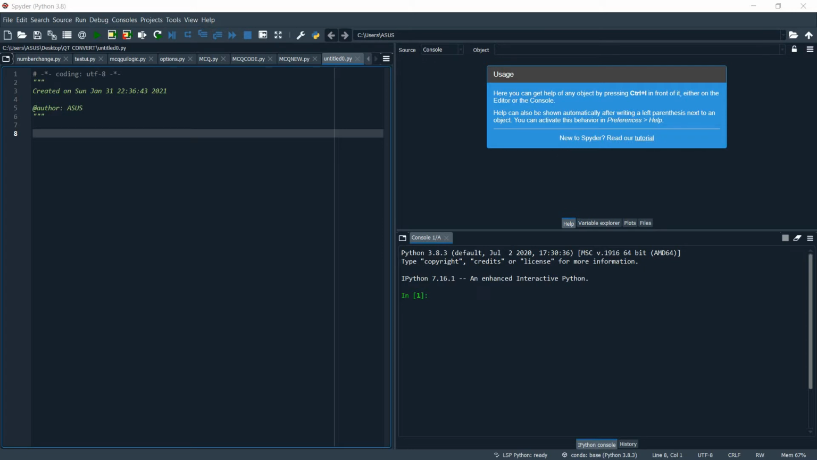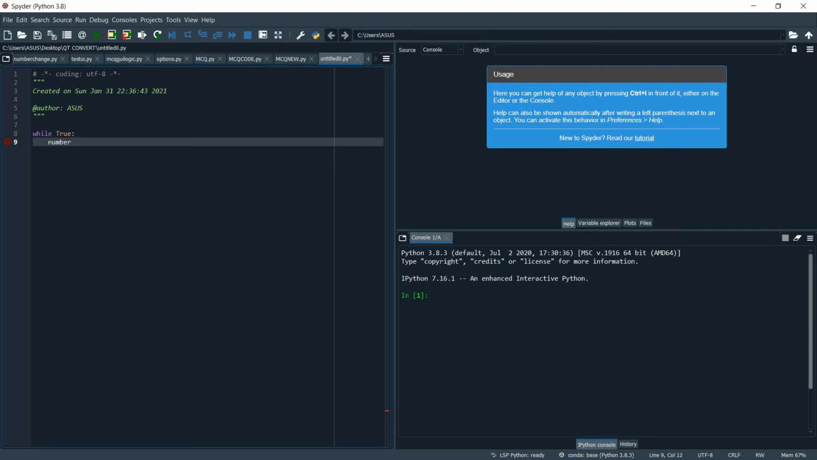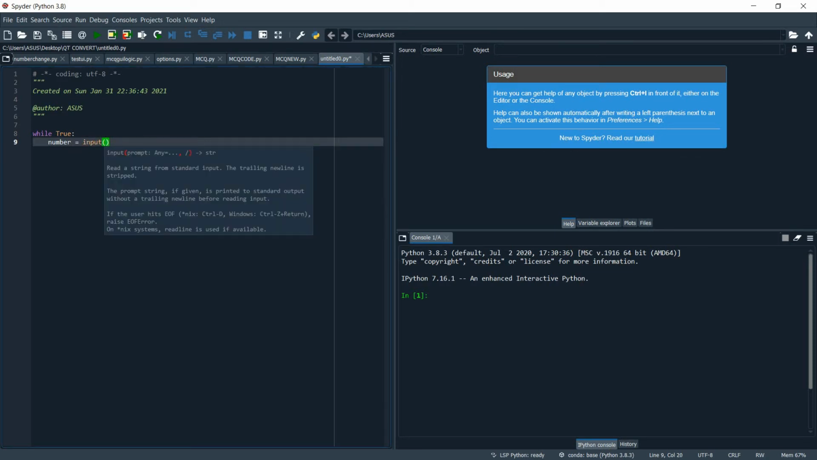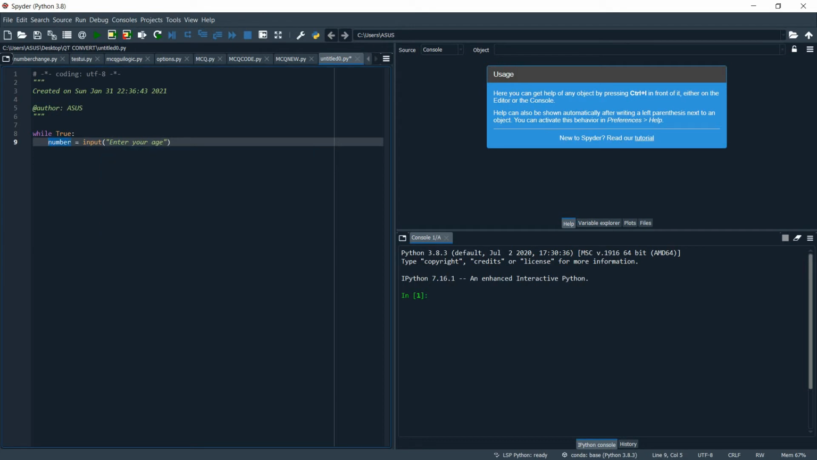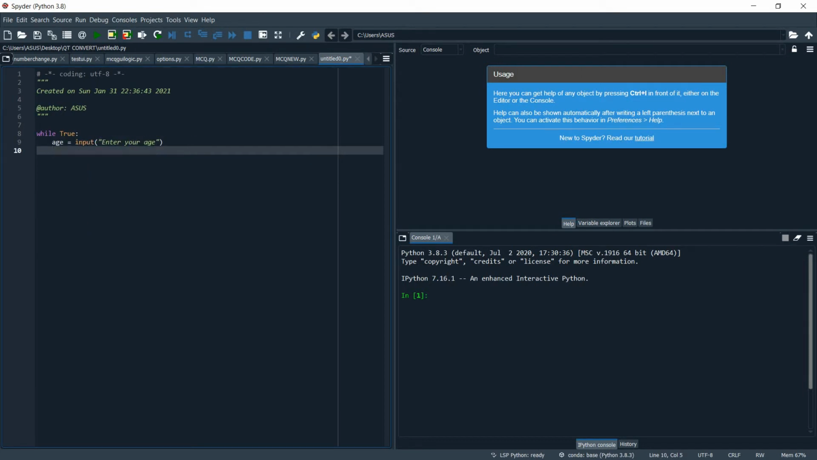So let's say we have a while loop which is always true. While true, we do something. Let's say we receive a number from the user. Number is equal to input, let's say enter a number, or let's say we ask for age, enter your age. Okay, so we keep on asking for age